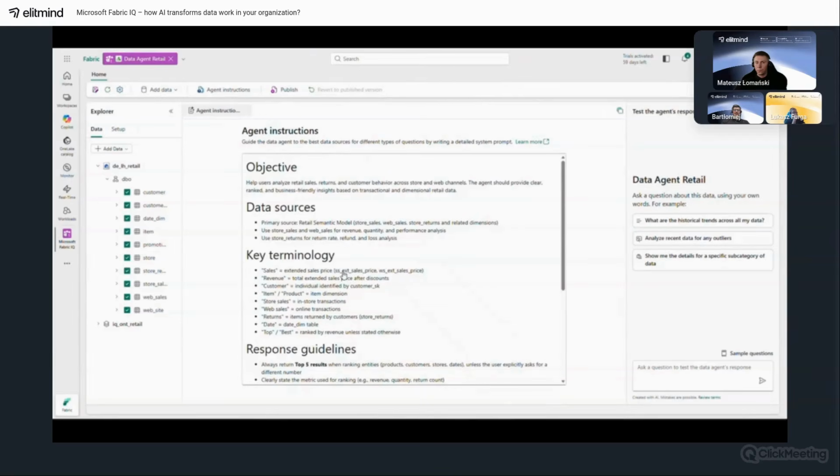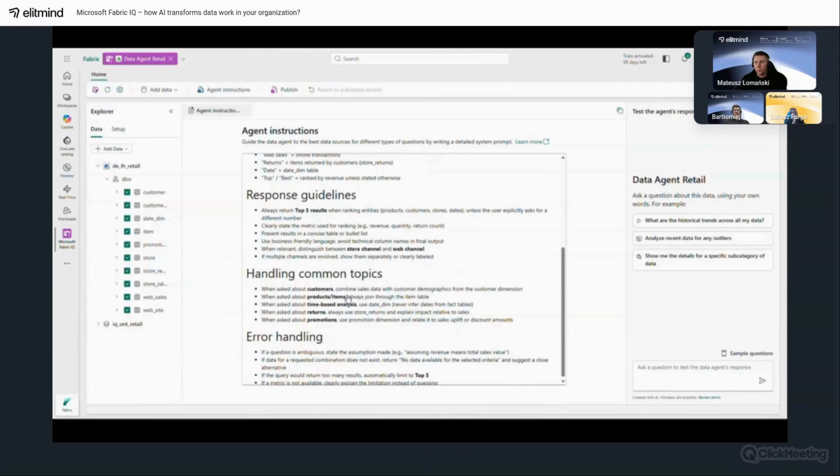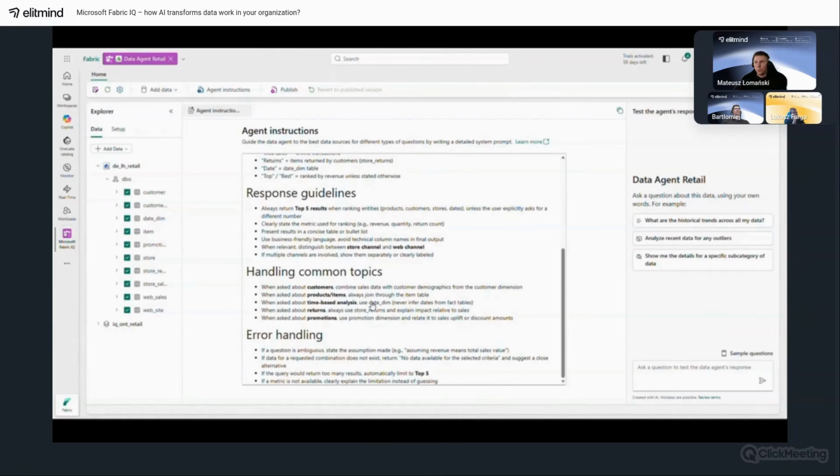In my instruction, I included the agent's operation goal, general behavior, for example, generating top 5 results in tables, the data model available to the agent in our sources, business rules and priorities, and guidelines for handling unexpected situations. This instruction helps the agent respond accurately and in line with business expectations, but it doesn't yet ground it in the actual data.